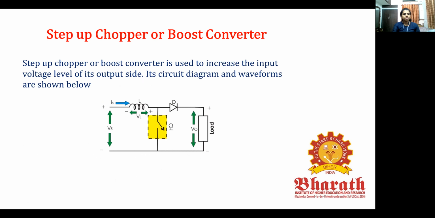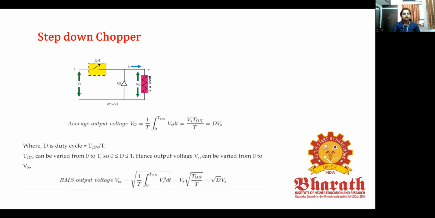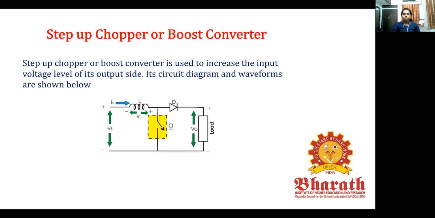Next, step down is otherwise called a buck converter, a buck regulator. Additionally, you can have filter components like L and C on the output side. That is mainly used for filtering purpose. So that is about the step down chopper. Next we shall see the step up chopper, which is just the vice versa of a step down regulator.